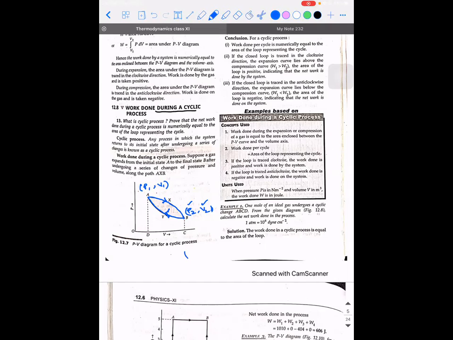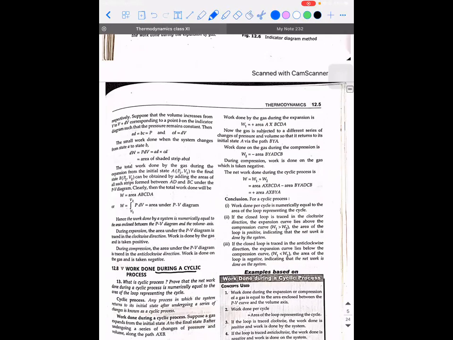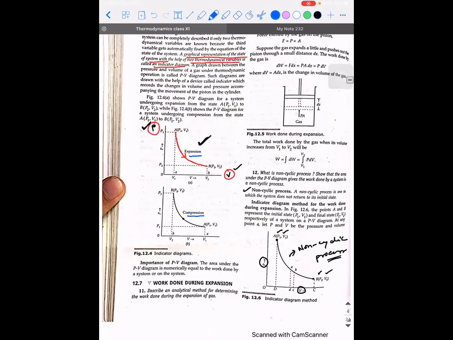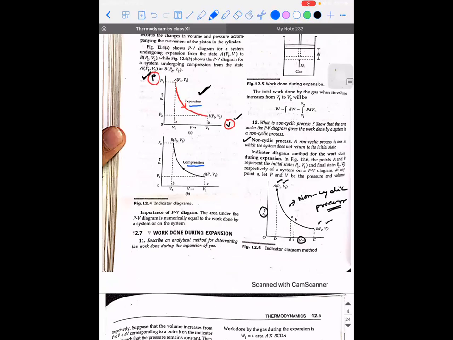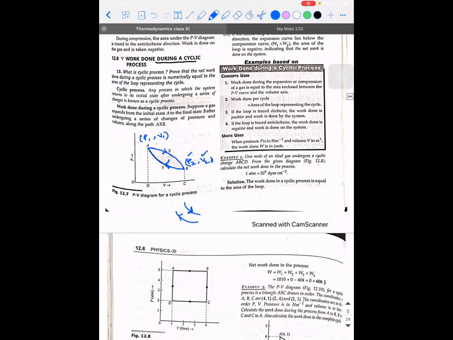So if you draw the indicator diagrams, as said, the arrow mark with respect to the volume is to the right. Okay. So if the volume is increasing, then we call it expansion. If the arrow mark is drawn in the opposite direction, we call it compression. I think that also I have explained it in the previous class. Expansion and compression. Students, are you able to understand? This is a very important concept.